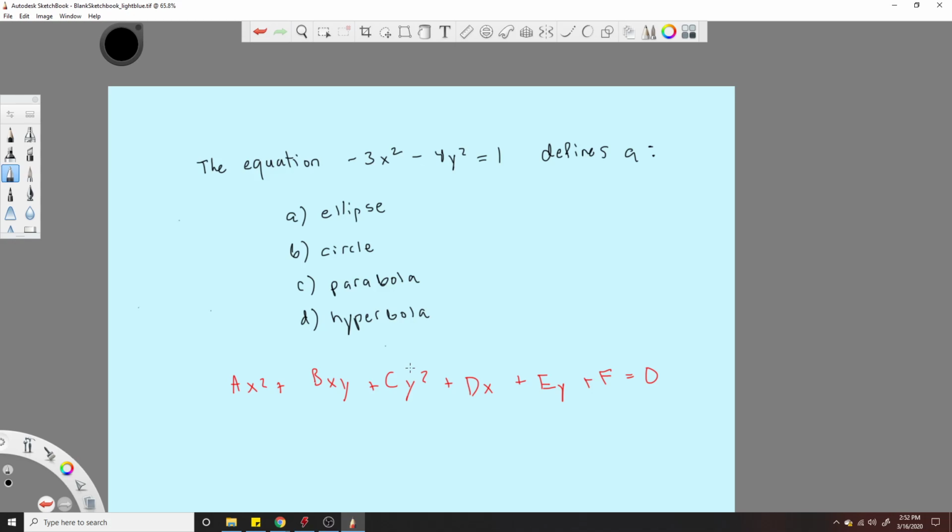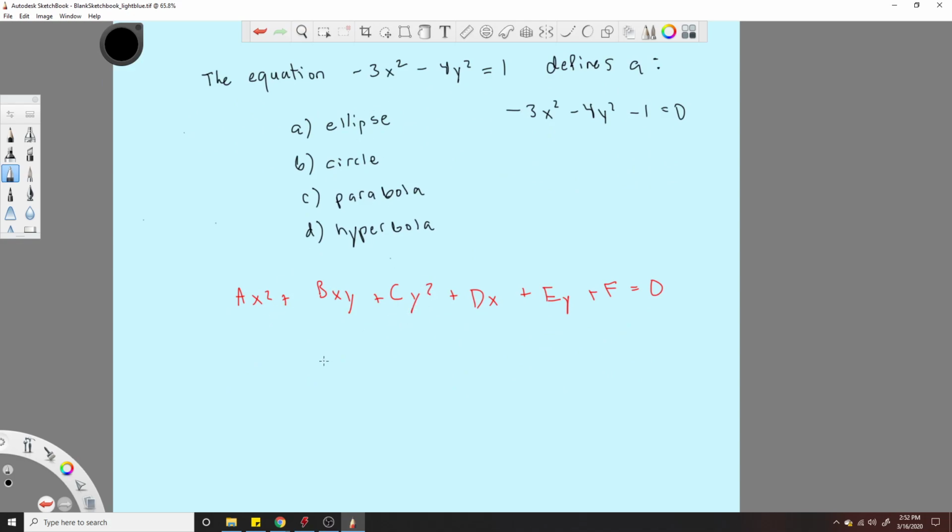And what you can do is get this in the form of that equation. So all you'd have to do is realize that this is a negative one, but I'll do it just because. There, like that. So now you know that